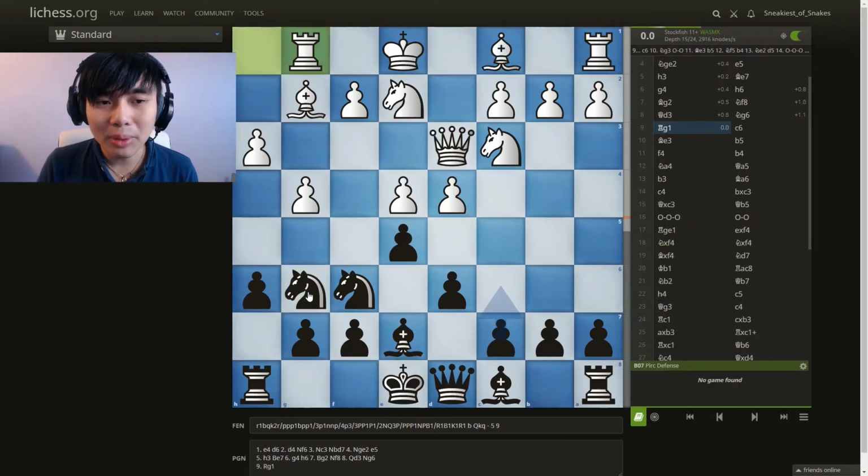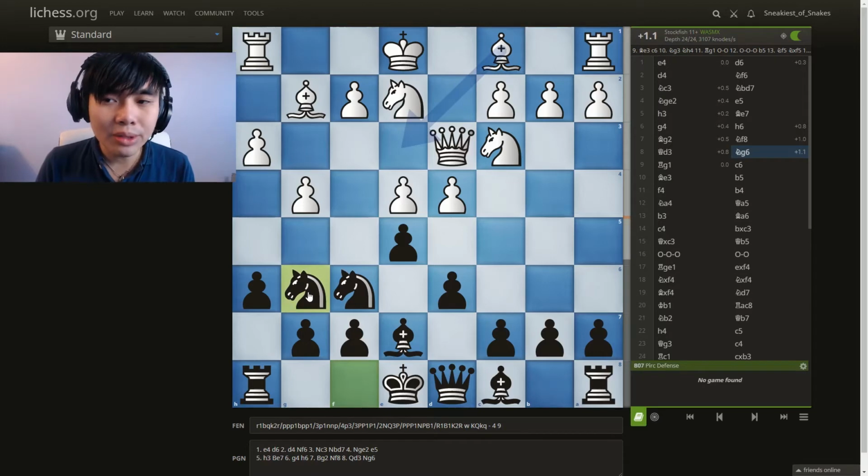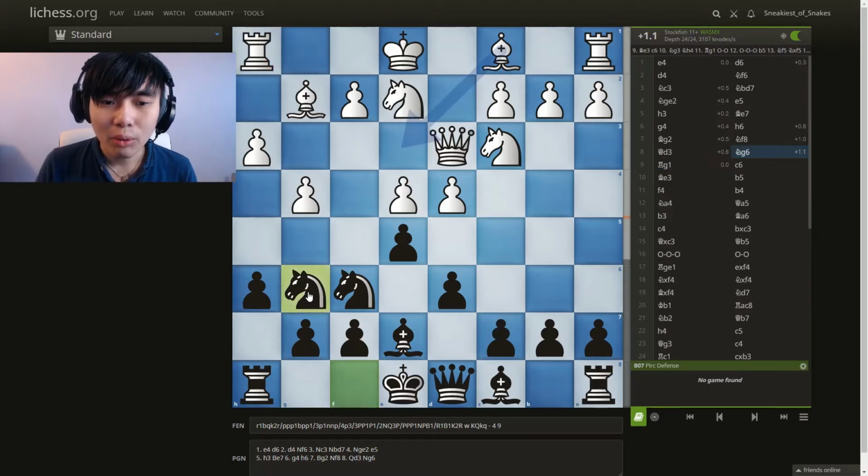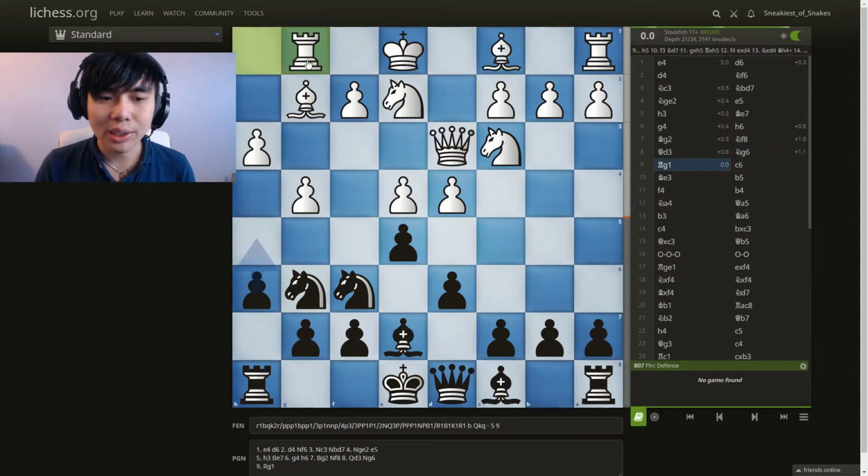After this, my opponent played rook g1. As you can see through the engine, it goes from a +1 advantage to a 0 advantage immediately. So what went wrong? What move does it recommend? It recommends immediate bishop e3, then pawn c6, and it says this position is very good for white, even though not much of the position has changed. So with rook g1, suddenly it's an equal position.